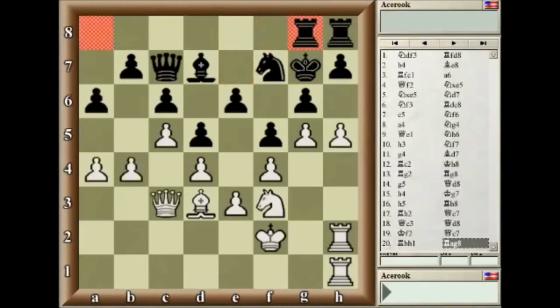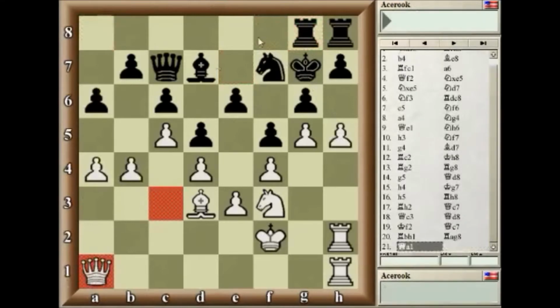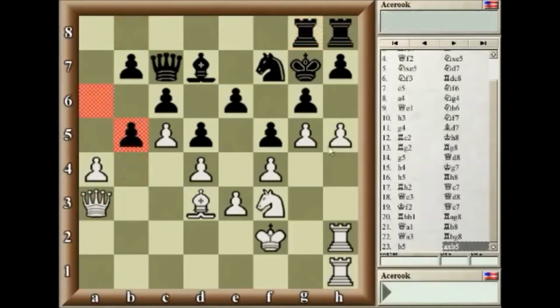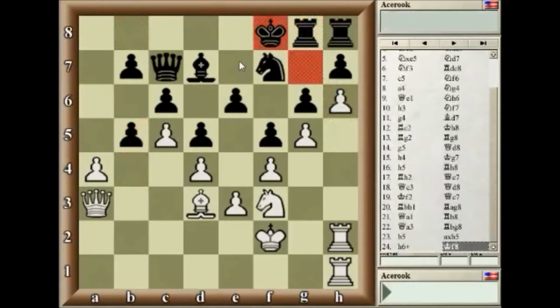Okay, so actually first, oops. Okay, what did I do? Rook at g8. Okay, queen 1. Rook b8, queen 3 here. All right, there we go. And now we play b5. And after a takes b5, h6 check, king here, which is,